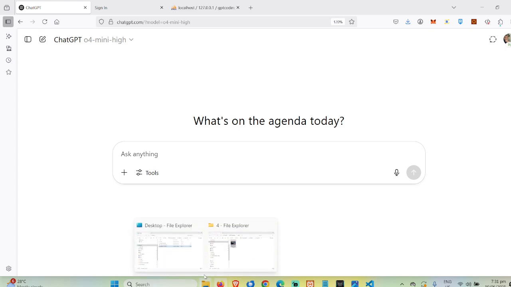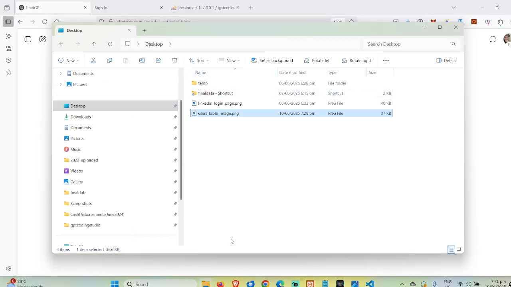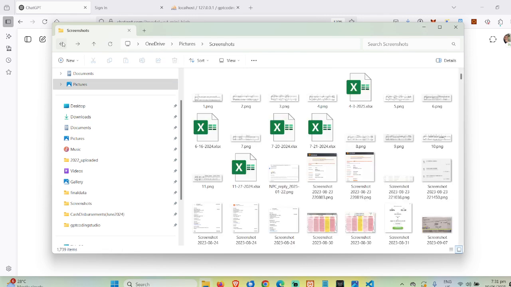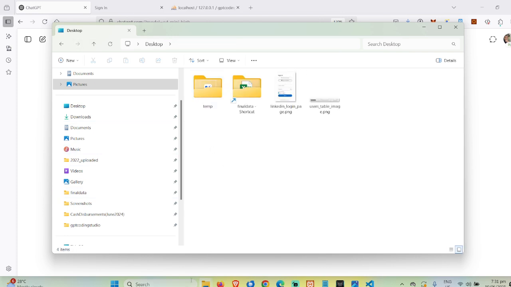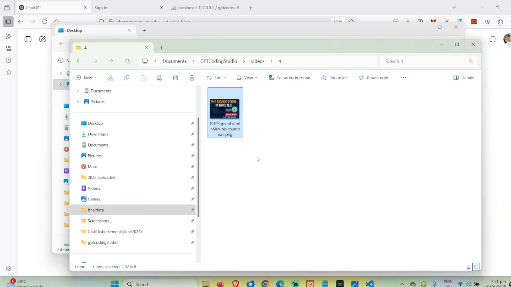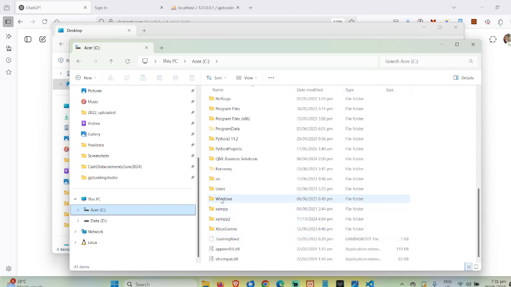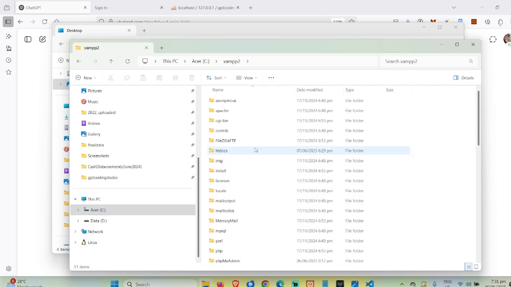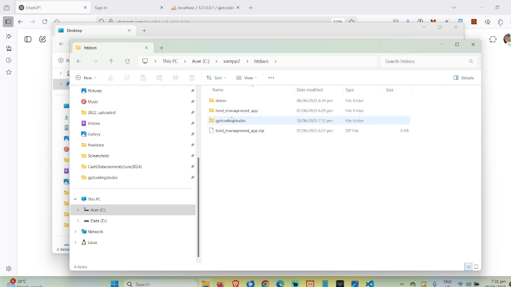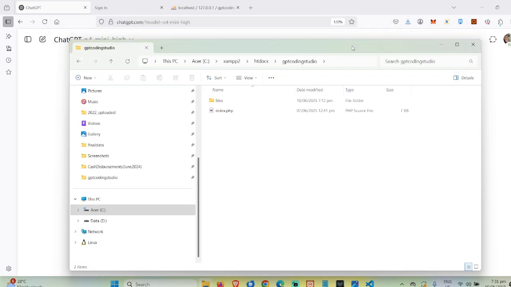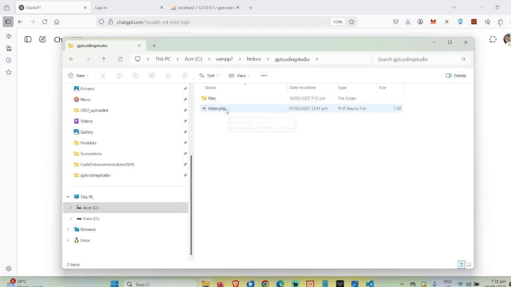So first, we have to open our code. Let's go to our local server where the files are stored. We have here the GPT Coding Studio folder, and our code is here in this index.php.